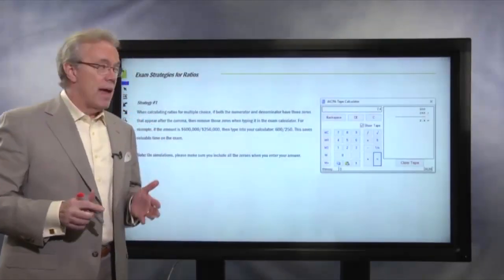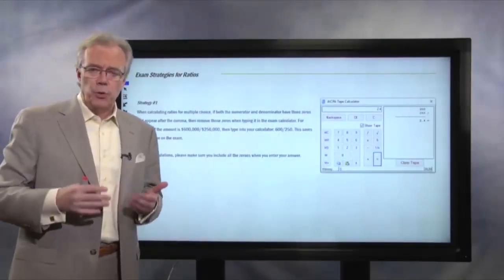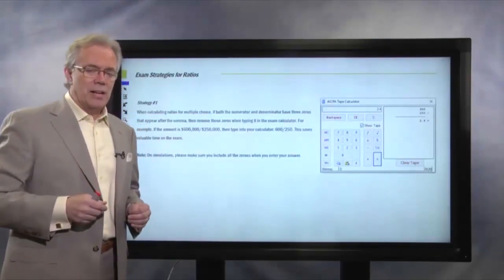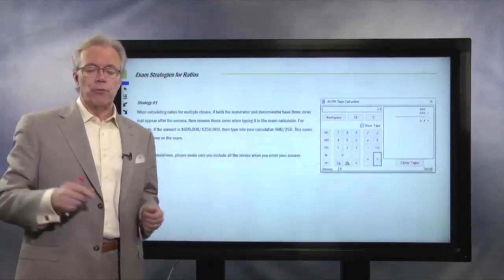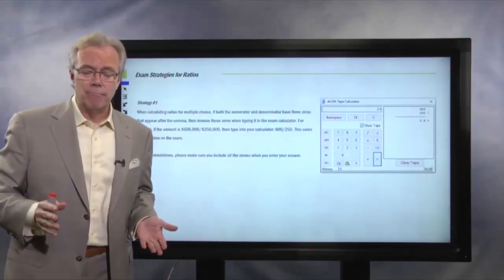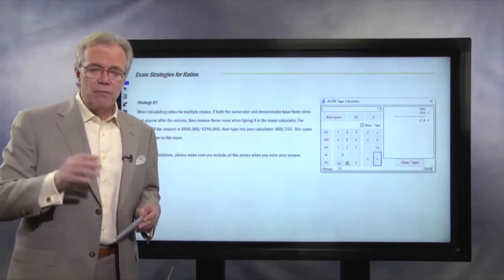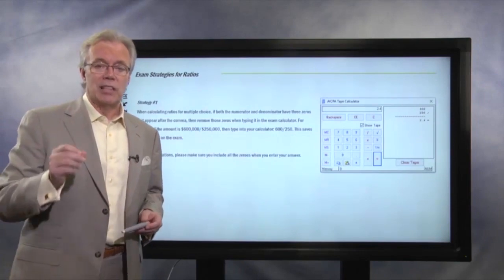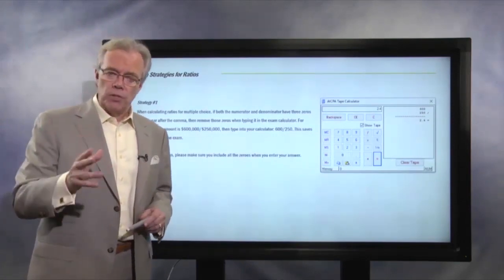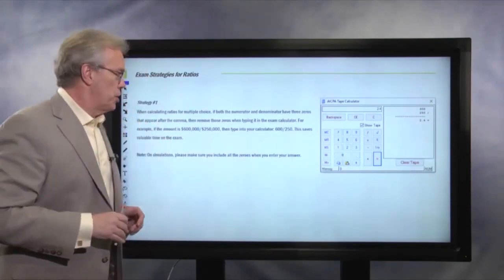All right, folks, we're now going to take a look at how to handle ratios on the exam. A lot of times people say, do I have to memorize 30 or 40 ratios? Probably not. Having a familiarity with what you think goes on most of them helps, and we give you clues on which ones we think are the most likely to be tested. But ultimately, we're going to show you some additional strategies here.